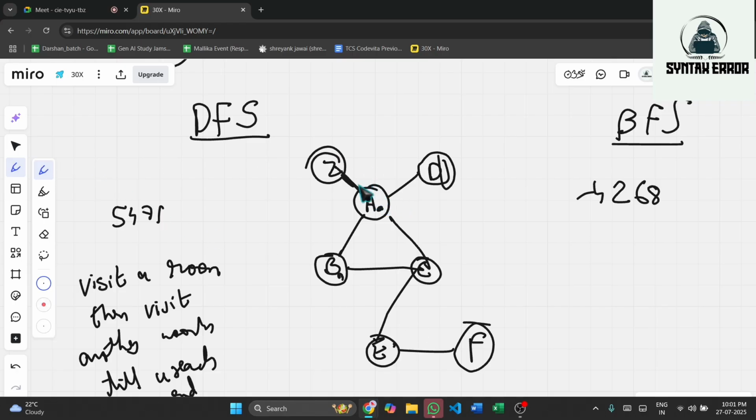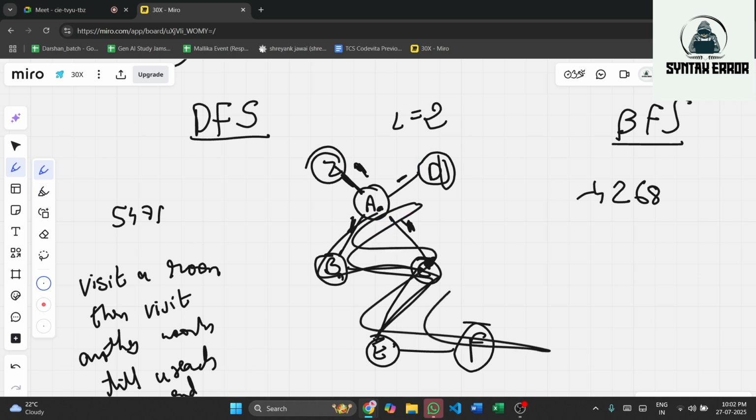You will go to this one, you'll come back, you'll go to this one, you'll come back. So when every first level is cleared, then what you'll do, you'll increase your level and go to level 2. In level 2, you'll go here, you'll explore this, you'll go here, there is nothing, you'll go here, there is nothing. So level 2 is clear. And next you'll go to level 3. This, and come back. Next, this, and come back.